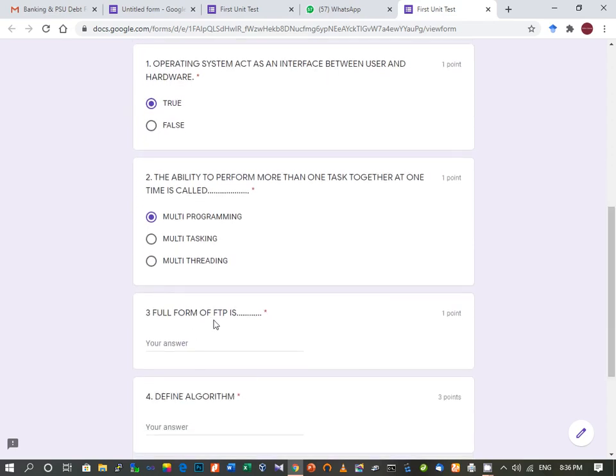Then full form of FTP is, here the student will be answering file transfer protocol. Define algorithm. Now here the student will write the answer.